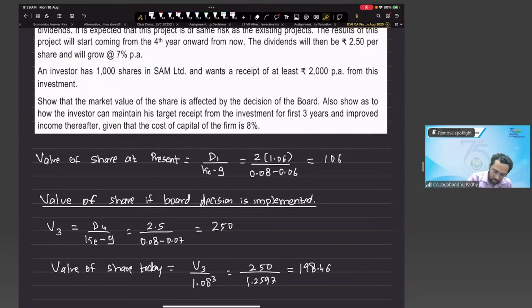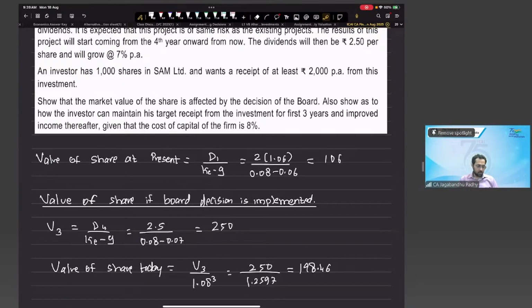Earlier the dividend was 2, so 2 into 1,000 shares, he was very much comfortably getting that cash flow of 2,000. But now, since for the next 3 years there's not going to be any dividend, how is this targeted receipt be maintained? How can the investor ensure that he keeps on receiving that 2,000 rupees for the next 3 years? Because from the 4th year onwards, there's no problem, because your dividend is going to come in at 2.5 per share. But during this intermediate 3 years, that is year 1, 2, and 3,